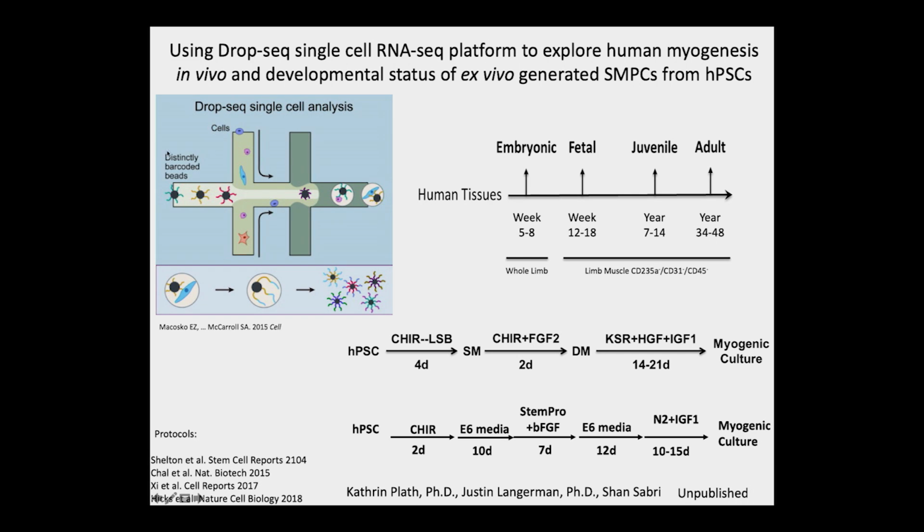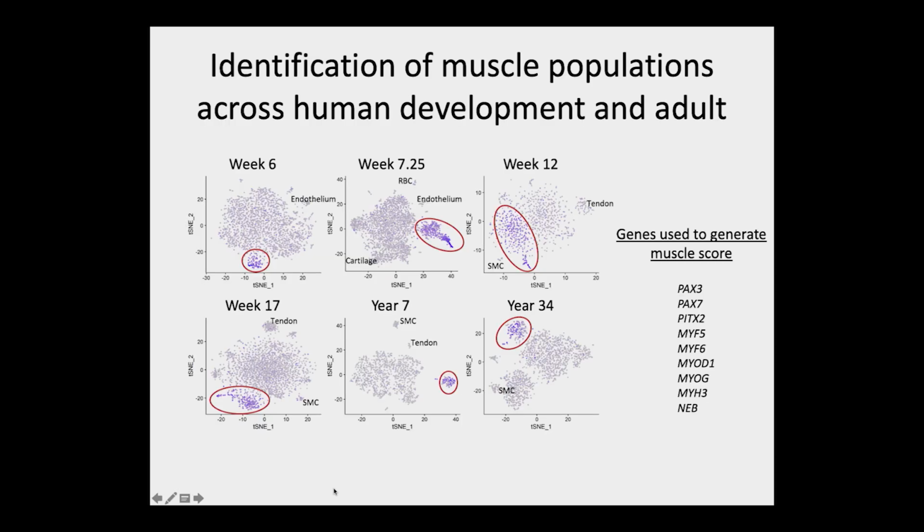You can actually flow your cells with barcoded beads, and then you can get the individual expression signature of these cells. And so we wanted to do this across human development as well as with standard protocols in the field to try and understand what are we making in a dish from pluripotent stem cells. So here you can see a snapshot of a lot of different examples of tissues across human development. Again, because we're flowing the whole tissue, except for later where we're lineage depleting blood cells,